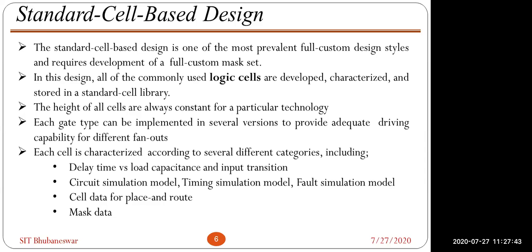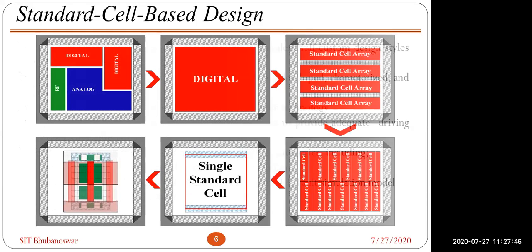Okay. So this I have shown previously to the others. You can see it's a top-down approach. From the top left one, this is a chip. Inside a chip, you can see different blocks: digital blocks, analog blocks, RF blocks. Generally we use standard cells for digital blocks. The next picture is completely digital, one part of that chip. In the third picture, those digital blocks are nothing but an array of standard cells.